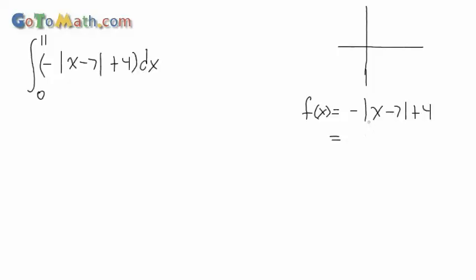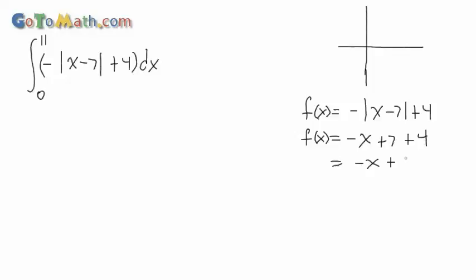So the first thing I'm going to do here is drop the absolute value signs and then distribute this negative across. We end up with negative x plus 7, right? And then we have plus 4, and of course this becomes